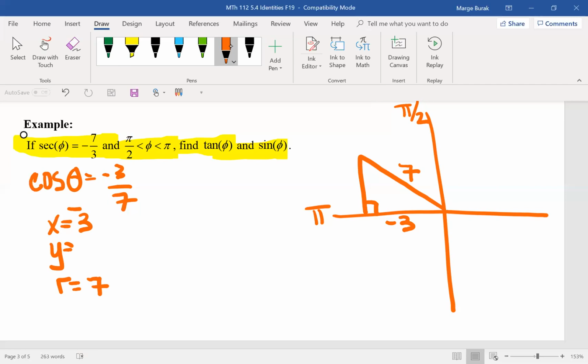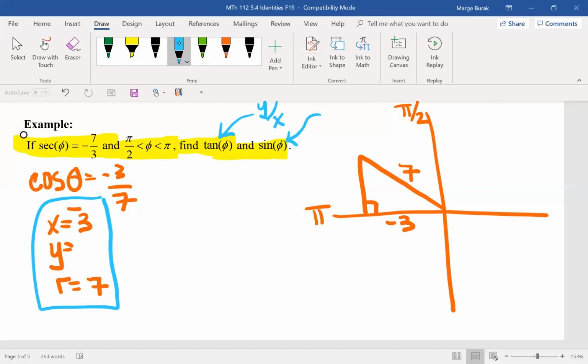And now if we need to find y, we can using the Pythagorean theorem right here. Yeah, we sure do, because tangent is going to be y over x, and sine is going to be y over r. So we definitely need to find y. So once we get our quadrant figured out and which one is negative, now we can use the Pythagorean theorem